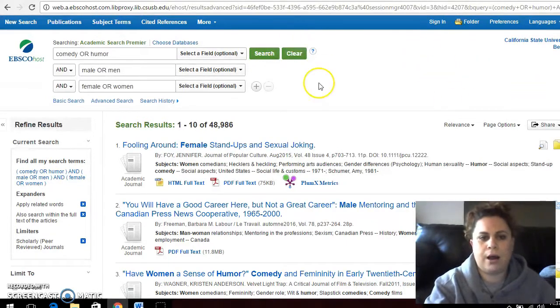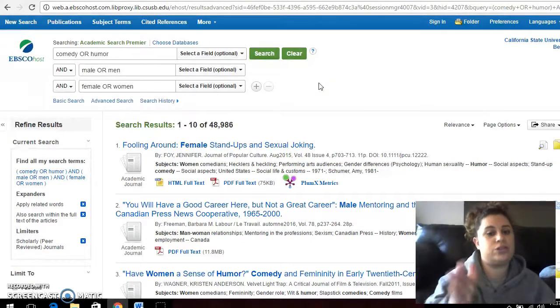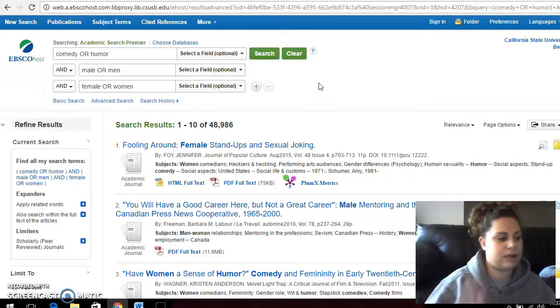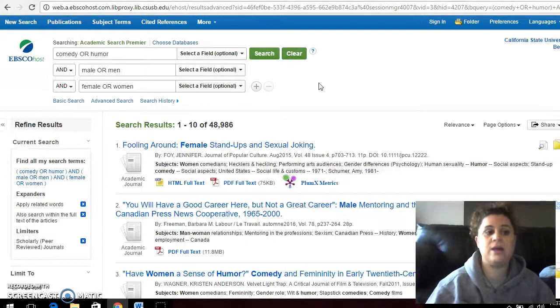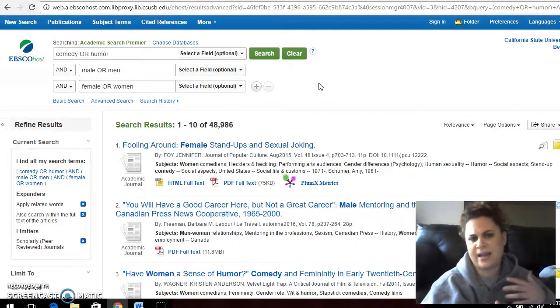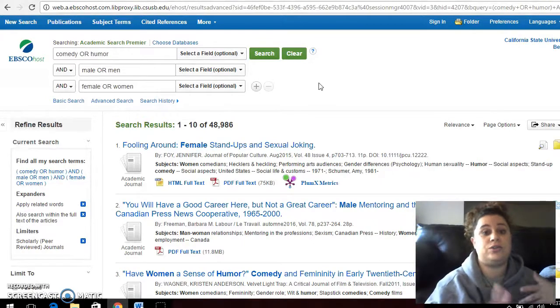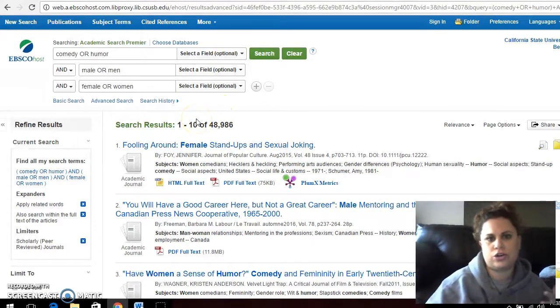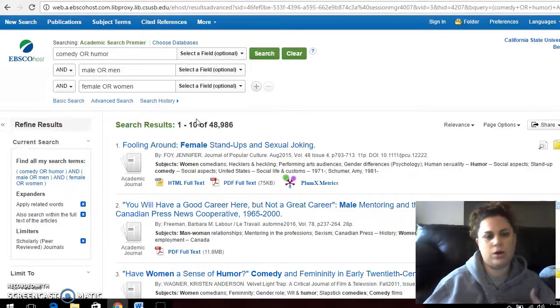Okay. And if you know other ways of doing database research, this is merely a very great starting point, an entryway. Doing database research, you can take several classes on how to do this, so there are different ways of doing it. So if you've had success using different databases, or using different search terms, there are different routes. I'm just showing one because I think when you are first starting out, it's easy to just say, don't make it complicated. What do I need to research? So that was kind of